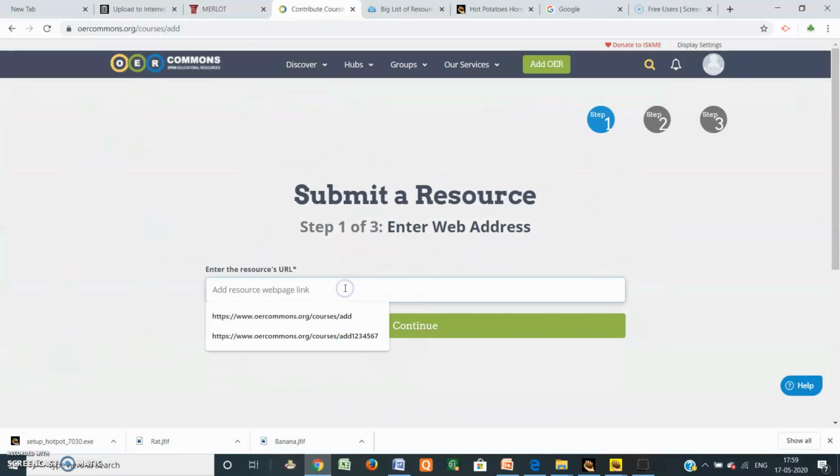Here, and just continue. Or you can share through Google Drive also. Save this file in Google Drive, so you can easily continue. So this is about the publication of e-quizzes. I hope you will learn from this particular topic on creation of quizzes and publication in open educational resources. Thank you very much.